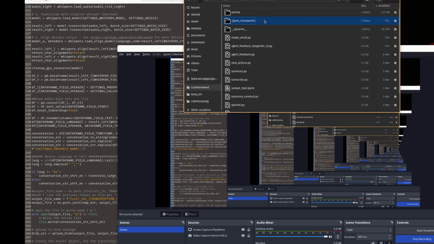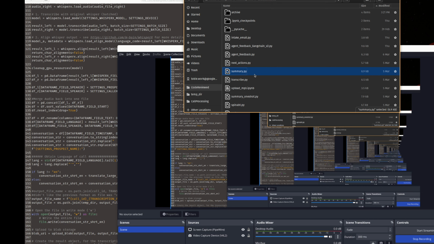Okay, so for this demo, we are going to be running the summary.py and the SPIN script. The context is we have a transcription, but there's still a lot of work for the agent to do. So we're going to basically do a lot of that work for them. We're going to summarize the call initially from the transcript, and then we're going to do a SPIN lead